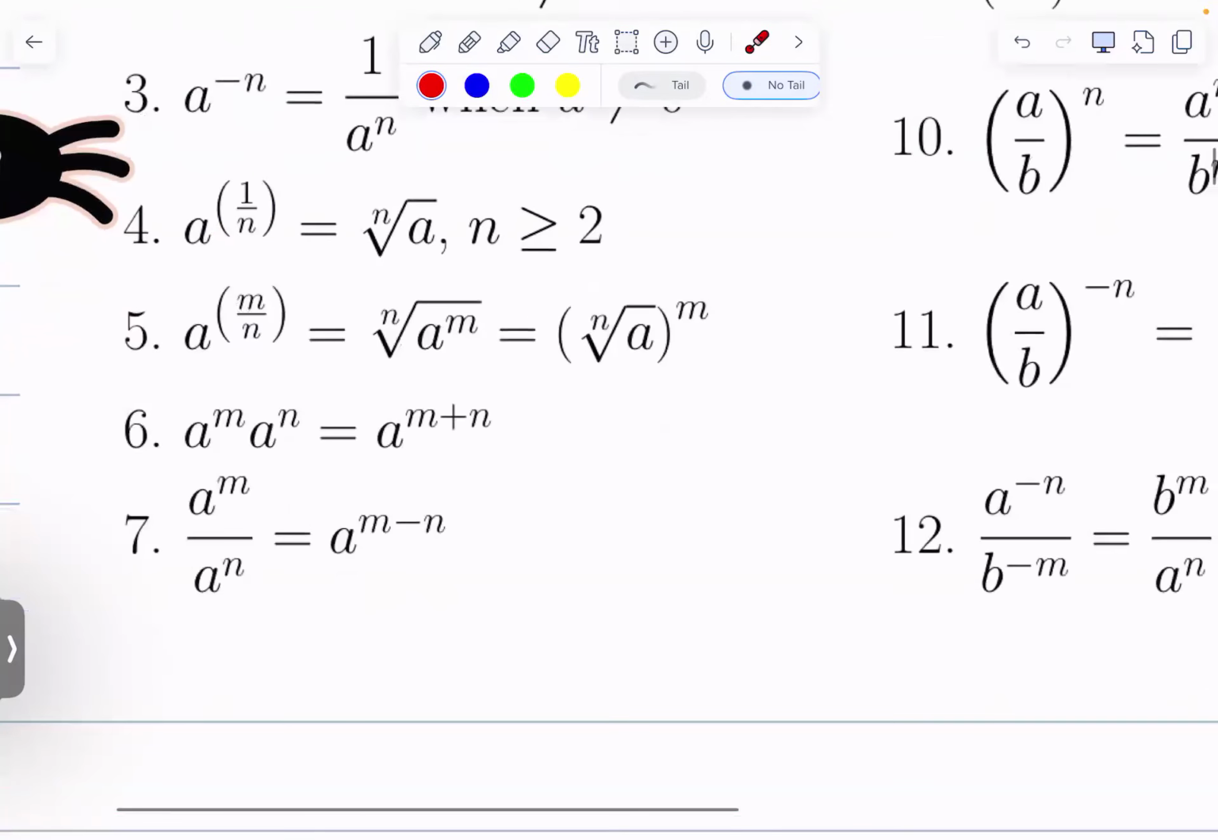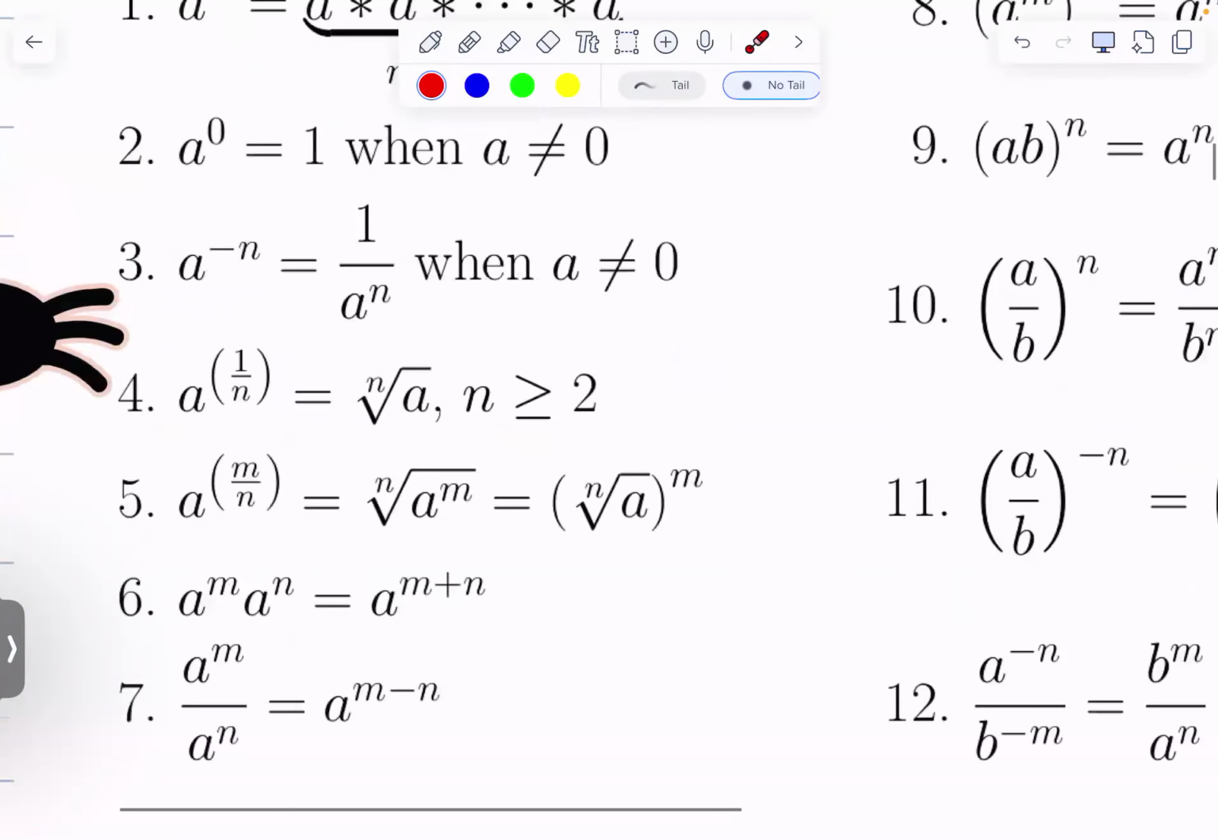Another nice property to have up our sleeves is, well, let's start here in the middle. If I want to take the nth root of a to the m, then what can I do? I can rewrite this as the nth root of a all to the power of m. And so this power of m can kind of float around, is what that's saying. But really what that means is that we can combine,